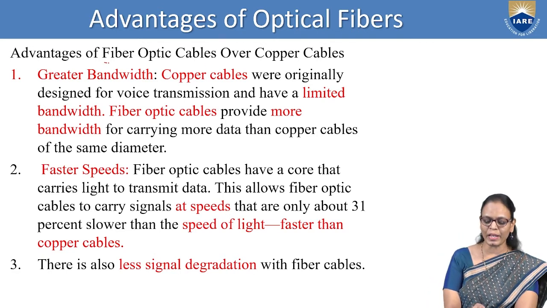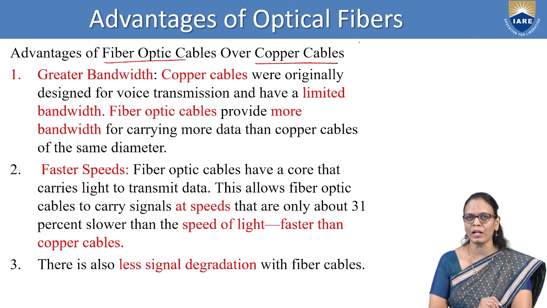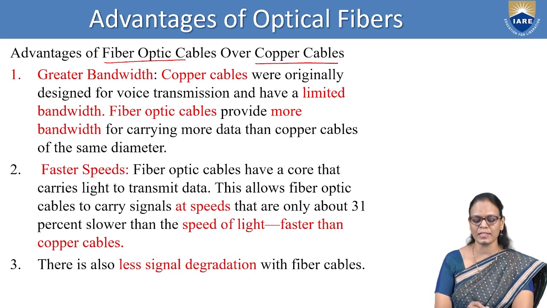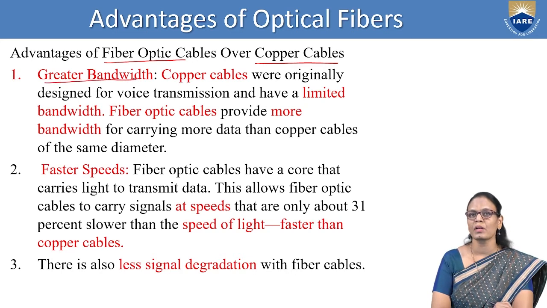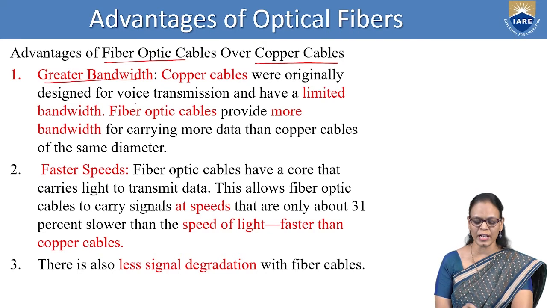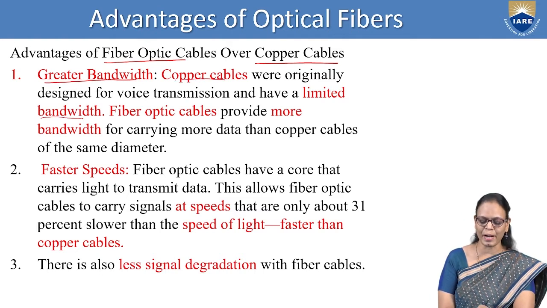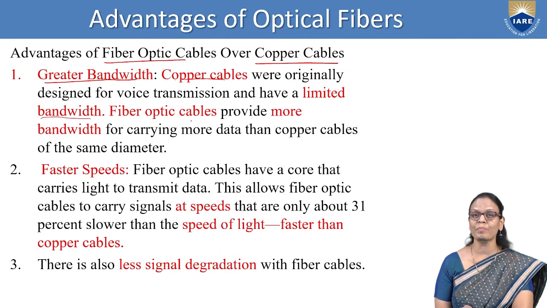Advantages of fiber optic cables over copper cables, meaning the conventional cables that we use for communication. The first one is greater bandwidth. Bandwidth here represents the range of frequencies through which the signal can be sent. Copper cables were originally designed for voice transmission and have a limited bandwidth, but fiber optic cables provide more bandwidth for carrying more data than copper cables